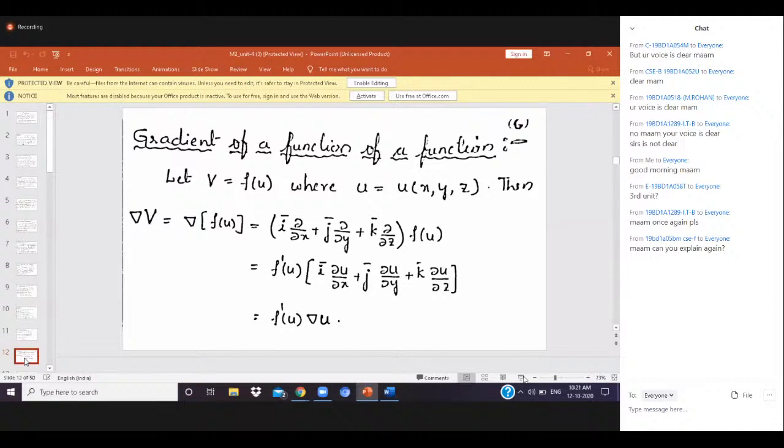It is equal to del v, which is equal to del of f of u. The definition is i bar dou by dou x plus j bar dou by dou y plus k bar dou by dou z into f of u. So f of u is a function of x comma y comma z. First we are taking its derivative as f bar of u, and inside dou i bar dou,